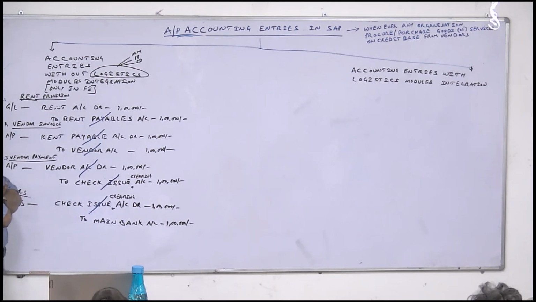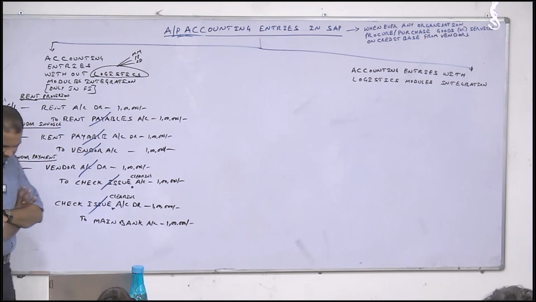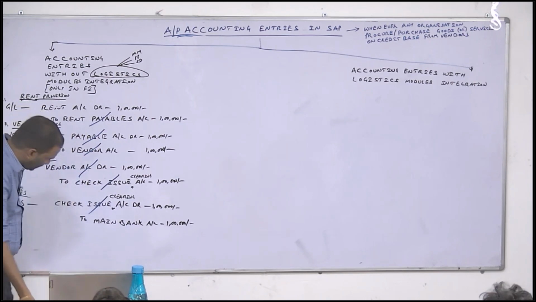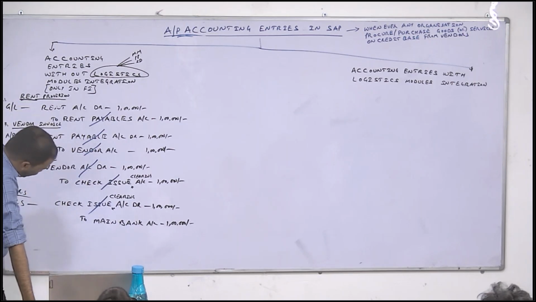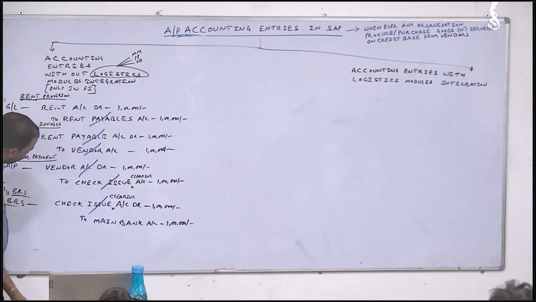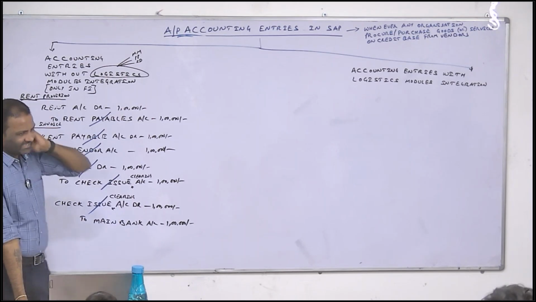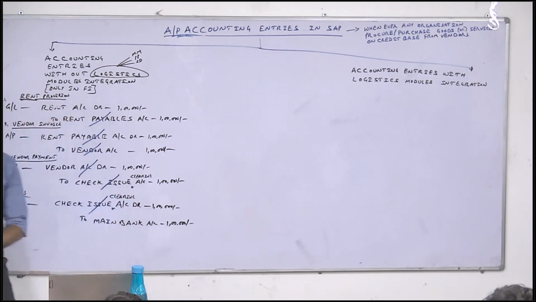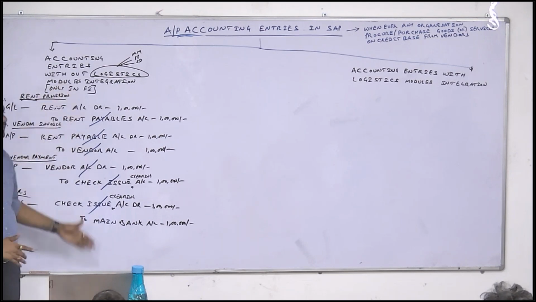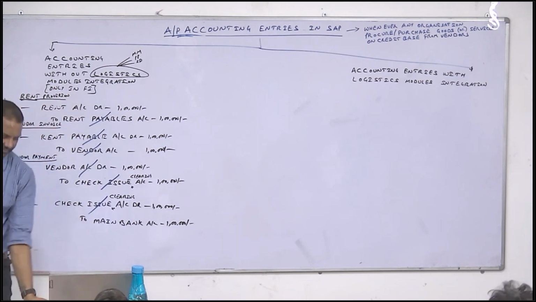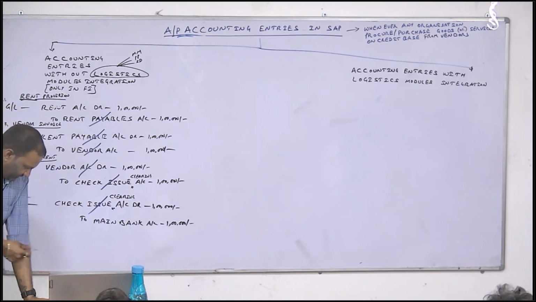Sir, this is Chandra, a small doubt regarding accounts payable in SAP. In normal accounts payable, how can we do this transaction? What is the difference? One thing: either it is SAP or Tally or Oracle, accounting entries are accounting entries. Whether they follow it this way or not totally depends on the organization.